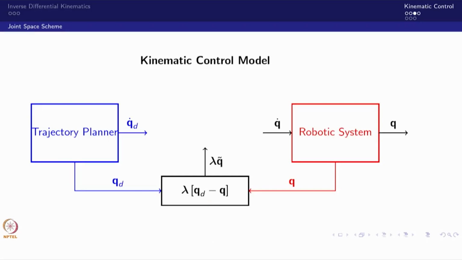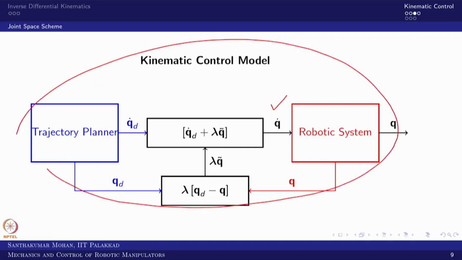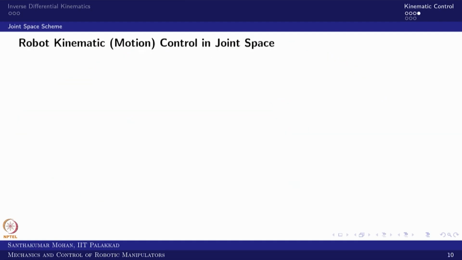So then I can feed that to some block, where I said q desired dot plus lambda q tilde would be the q dot as the input, right. So this is what we have seen in the previous. So this is what we can call the kinematic control model. The same thing can be modified for the task space, but before going to the task space, we can see